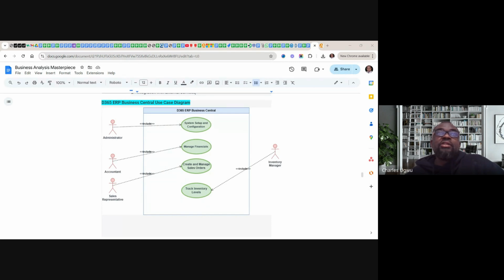What Dynamics 365 Business Central captures might be different from what Sage provides, and it might be different from what SAP provides. These are different vendors, so you have to wait to know the exact one. And you can see, even in Microsoft,